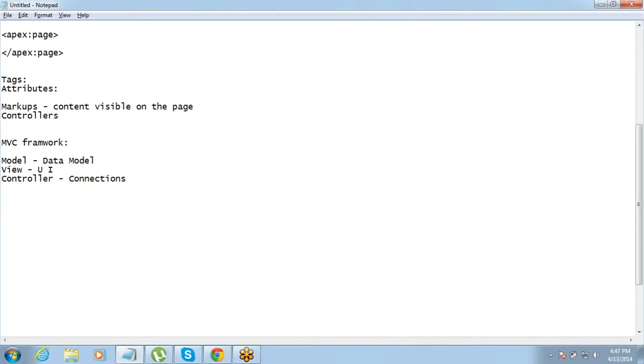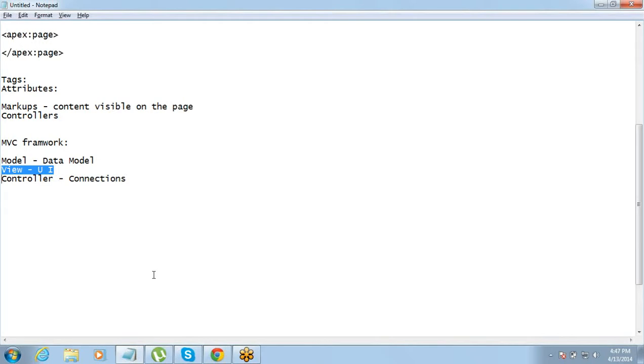So the model at the backend is the same. We are not changing anything. Through Visualforce, what are we changing? Out of these three, what are we creating through Visualforce? Are we creating the data model? No, the data model is already there. So we are not doing anything to the model. Are we making any change to the model, Suvajit? Visualforce is helping us design the front end interface, right? So we are trying to change the UI, create new UI or the view part of it, right?